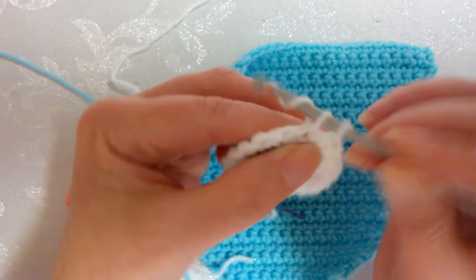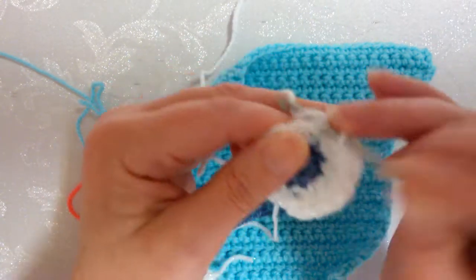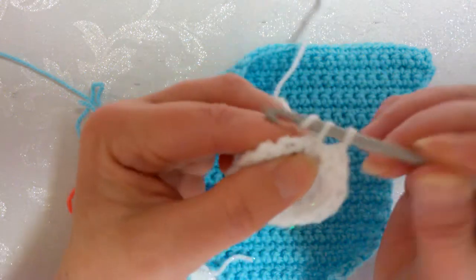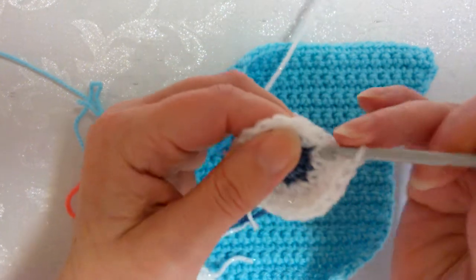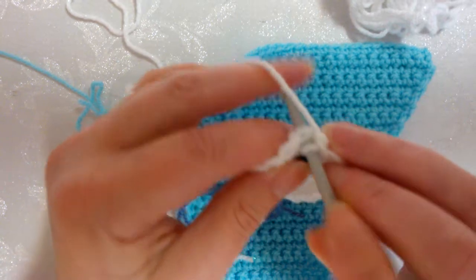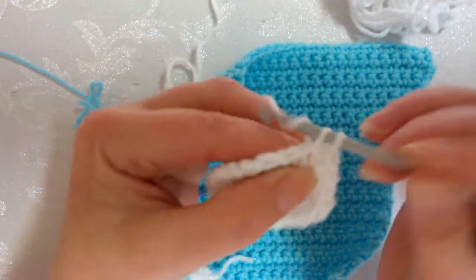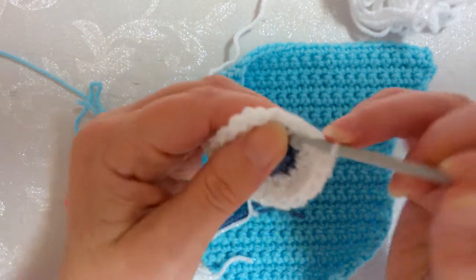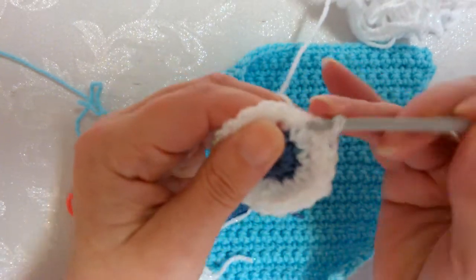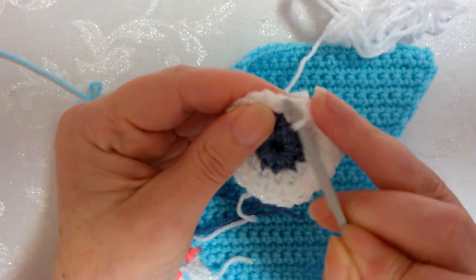5, 6, 7, 8, 9, 10, 11, 12, 13, 14, 15, 16, 17, 18, 19, 20. Okay, and then we actually can work in that slip stitch space of where we did from, we've gone up a row,